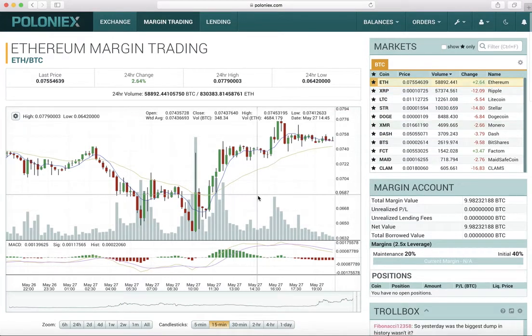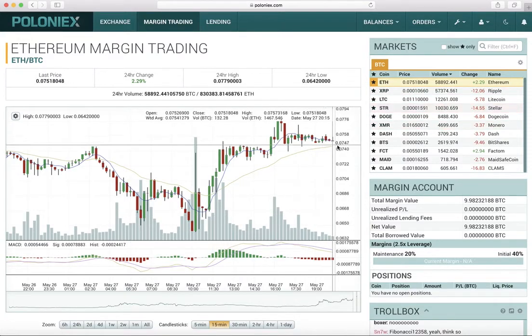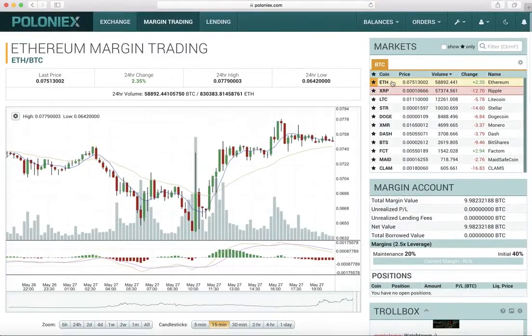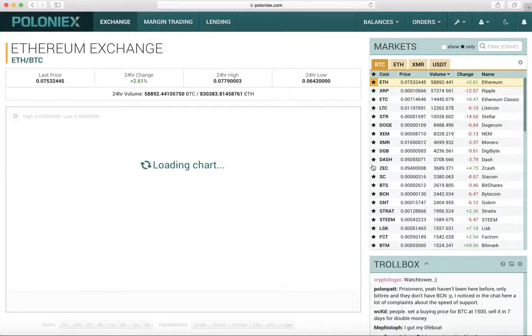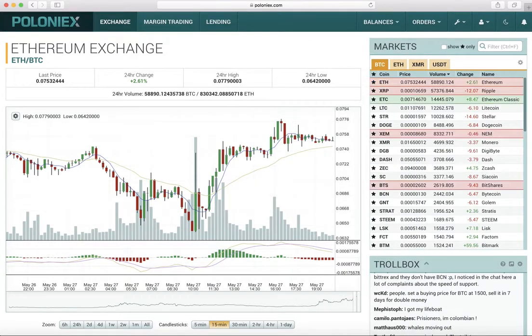So if I move 10 Bitcoin to margin trading, I only trade with 10 Bitcoin. If I moved 1 Bitcoin to margin trading, I would only trade with 1 Bitcoin. I almost lost my shirt a couple times, and I learned my lesson. It is very risky. So as you can see, I have no Ethereum. You can see that if you go over to exchange, and I am on the Ethereum market, and I have exactly